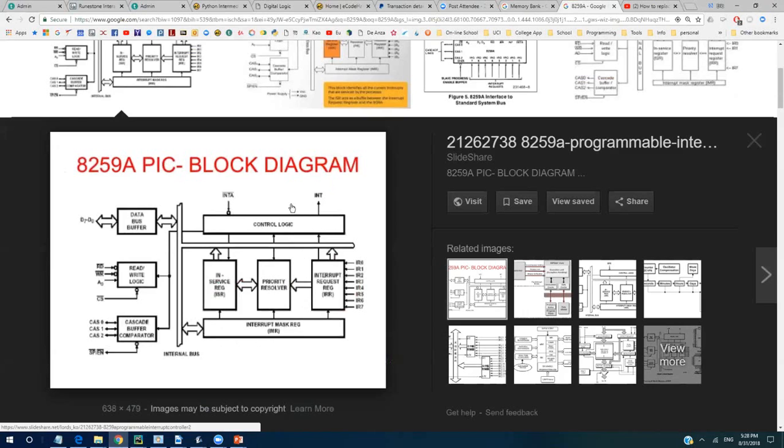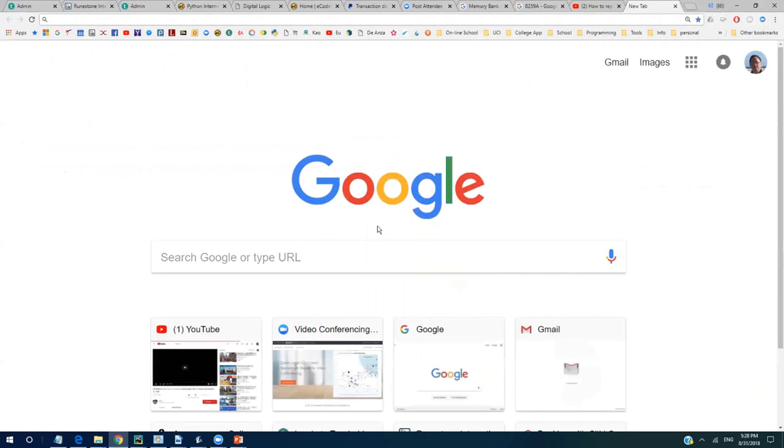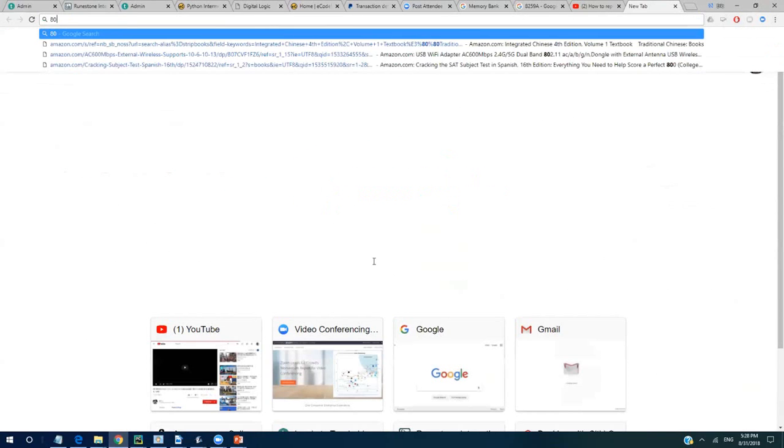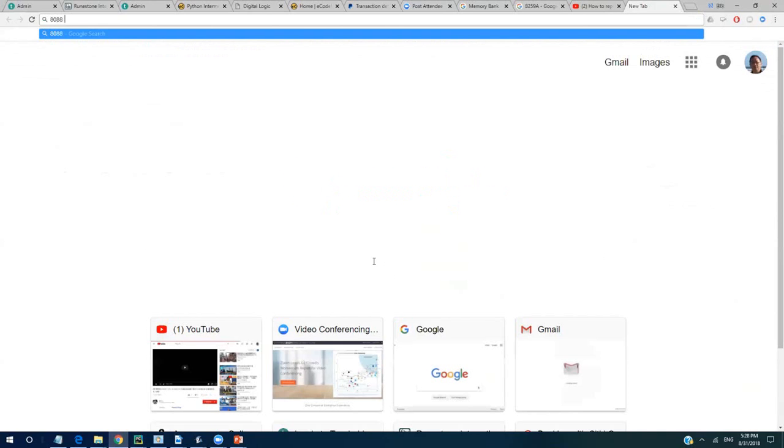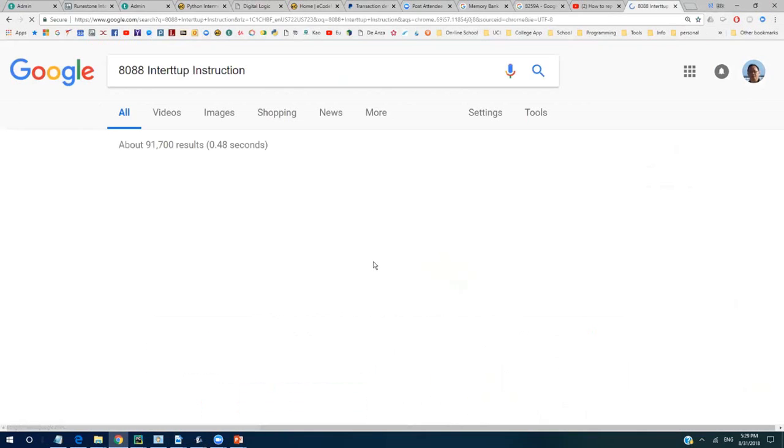When you try to use this one, you need to use the interrupt instruction. So in your